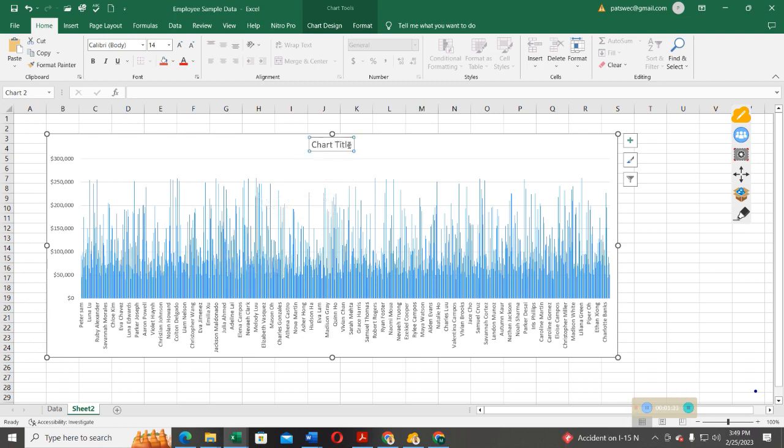First of all, by adding a title, because any chart, any graph in Microsoft Excel should have, or must have, a title. So in this case, I will say list of employees with their annual pay. That is going to be my title for the chart. What about